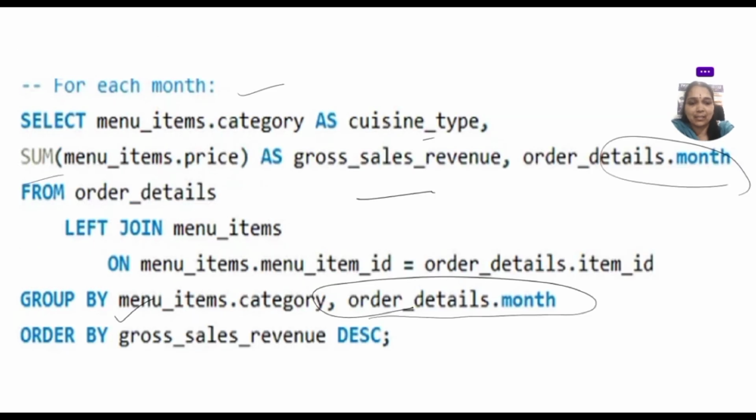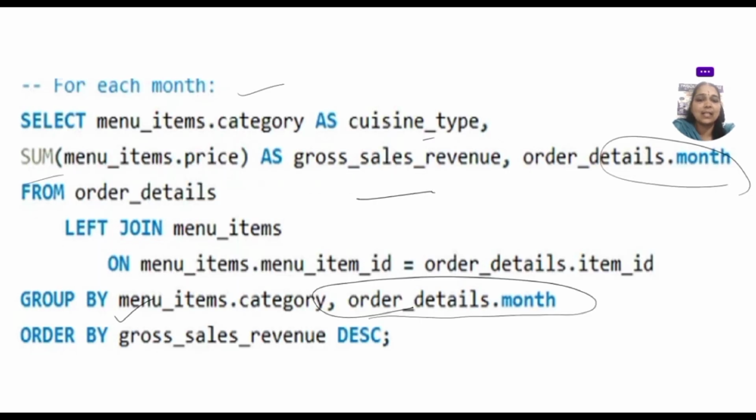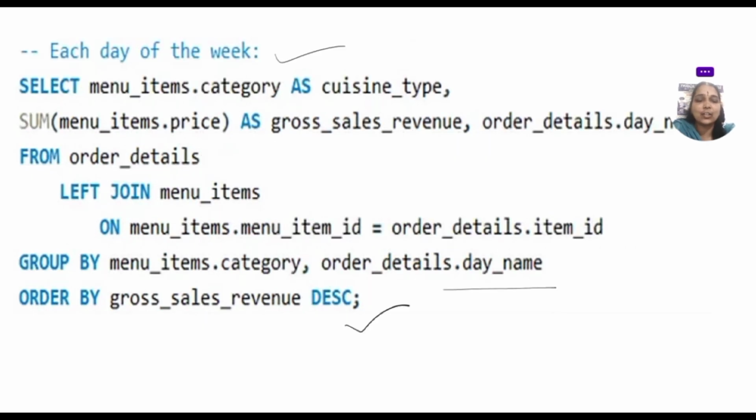Everything in the query is the same. These three are similar queries. This is general sales revenue. Okay, it's not like a month or year. It's a general sales revenue of the restaurant. Next one is general sales revenue on month. Next one is each day of the week. So each day in a week, we are going to write. This concept is very important for the sales revenue concept.